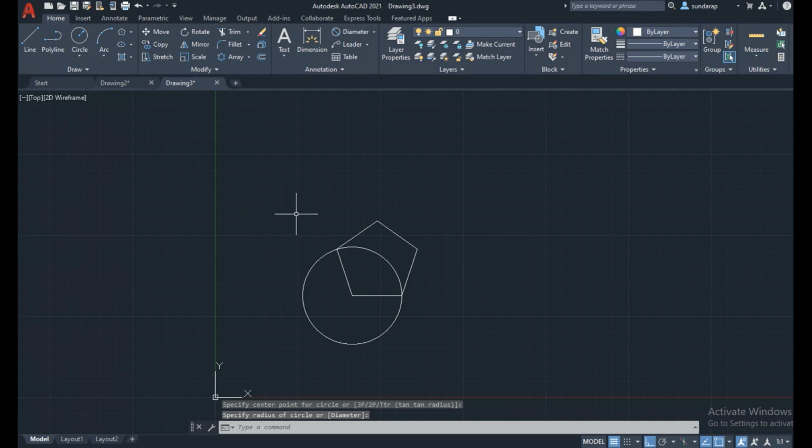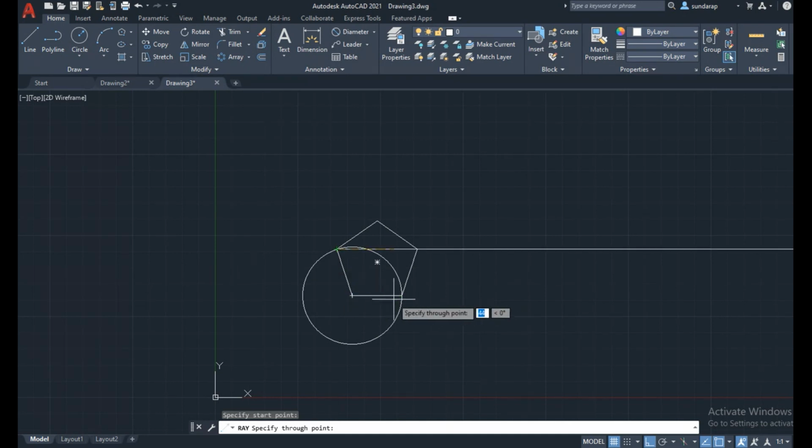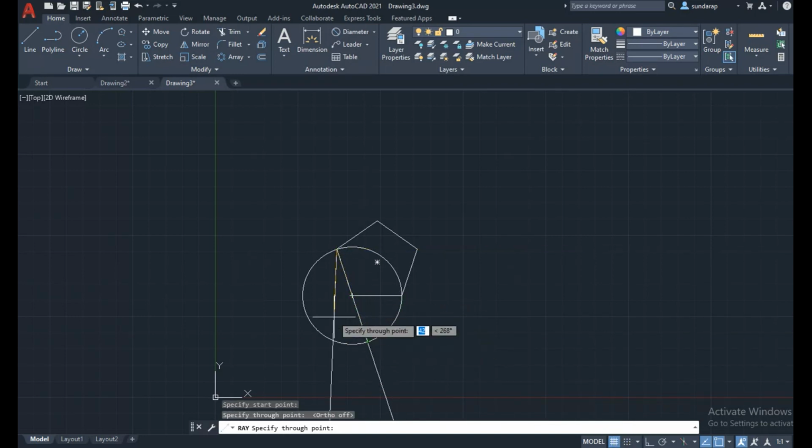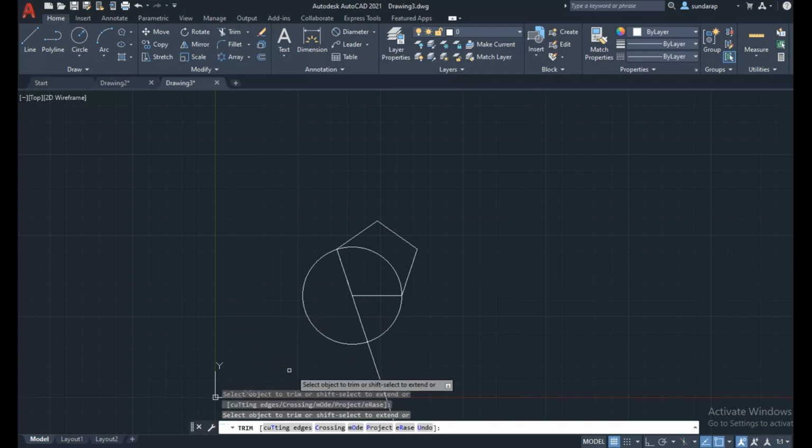Draw the circle with the same 30 radius. Then use the ray command when unwinding. When it is unwound from this side, we get a small spiral curve, a small curve based on the length. From this edge to this edge, I am going to draw a curve. This face I am going to unwind, so I will get a curve like that. Now you can use the trim command. Press trim command. Press enter.